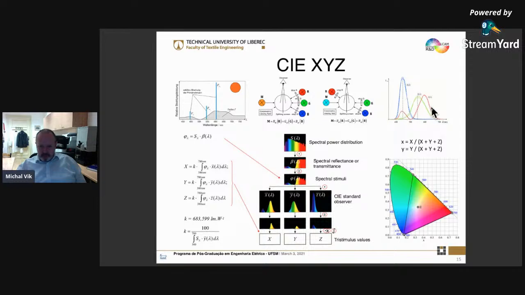If we know these sensitivities, that means we have here a CIE observer, then we will obtain as a result XYZ values, that means the stimulus values, as a basis of the CIE XYZ system. You can see here that we have two opportunities to measure these values: for light sources, or relatively